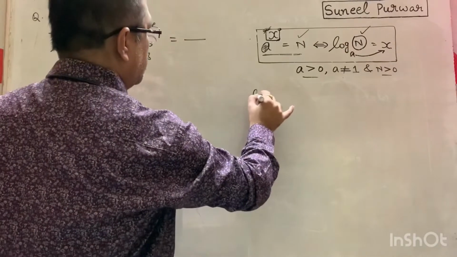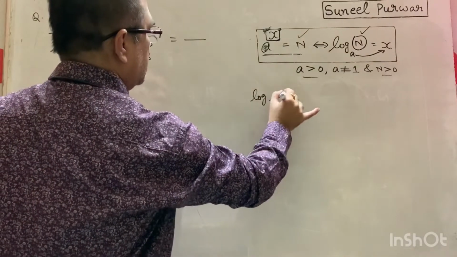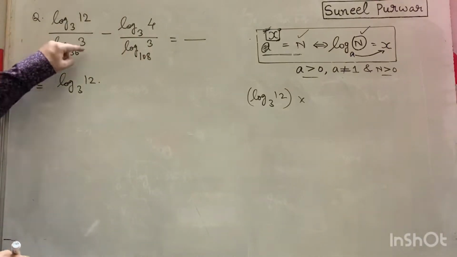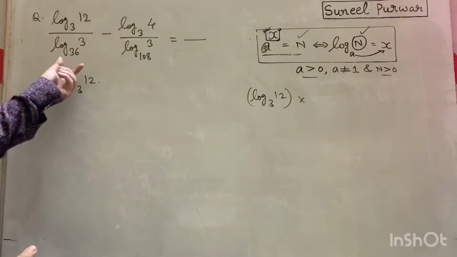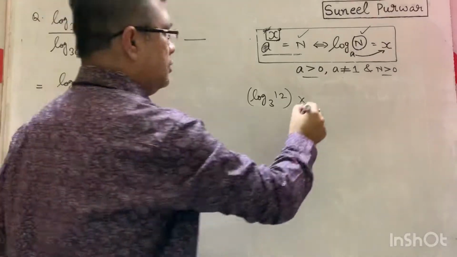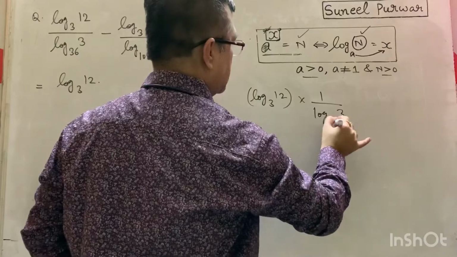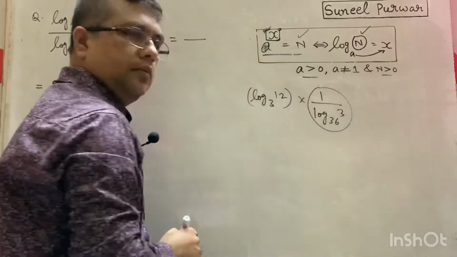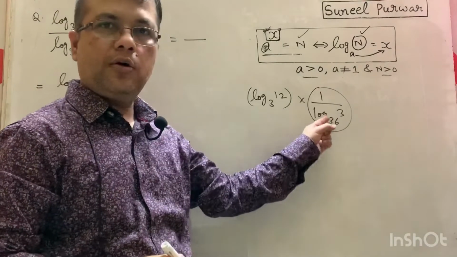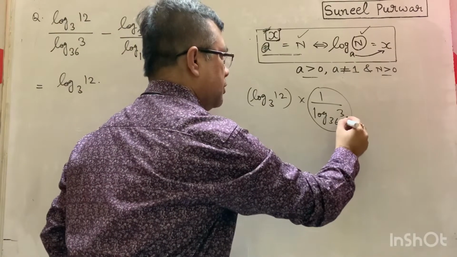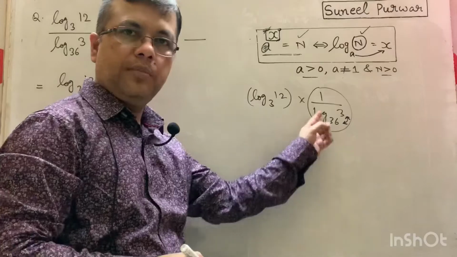That is log of 12 to the base 3. We can say multiplied with, divided by log 3 base 36. So that divided by this number means what? Multiplied with 1 by log of 3 base 36. And using the log property, 1 by log can be written as what? Interchange the numbers. That property, 1 upon log can be written as log